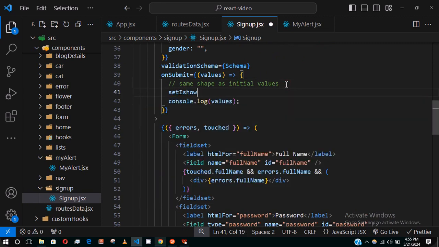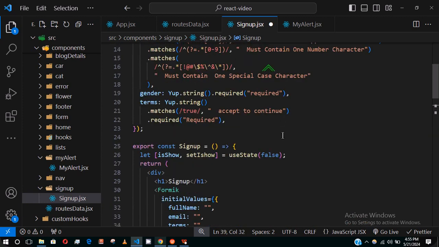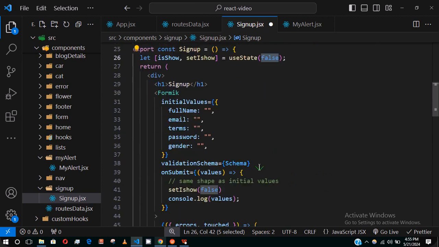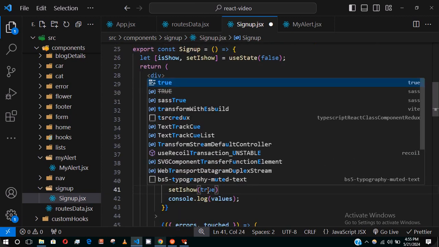So set is show to false. I think I need to set this to true. Set this to true, not false. So if I save this,